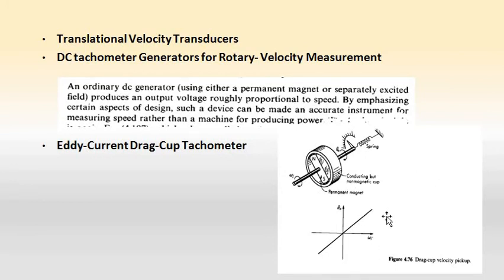So that is the working of this eddy current drag cup tachometer. As this magnet rotates, eddy current will be formed, and as a result an angular displacement theta naught will be produced here, which will be proportional to the scale measurement here, and as the spring torque becomes equal to the magnet's rotating torque, our reading will be obtained. And either we can note down the reading from the calibrated scale, or we can measure this angular displacement in some other manner. So that is this method.